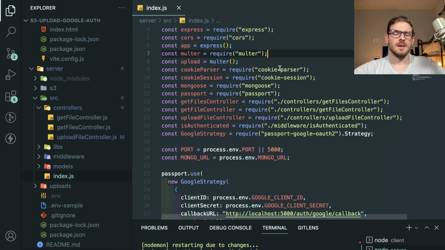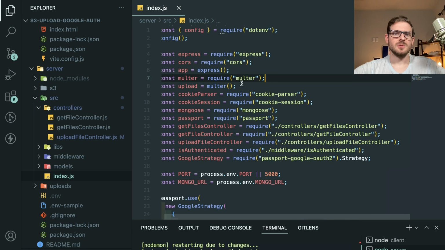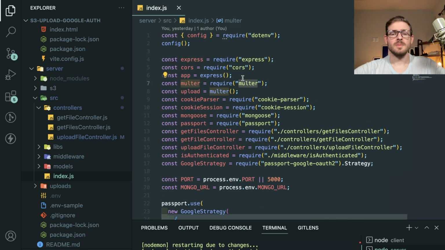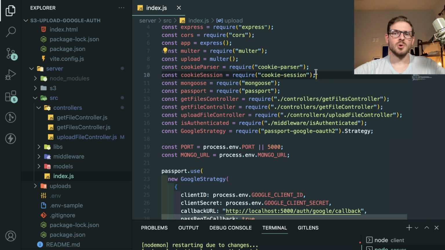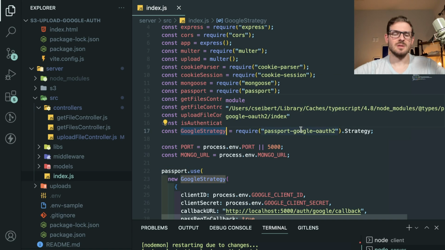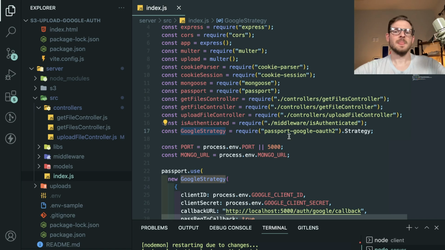I think most of this stuff I just found online and just kind of copied in to get it working. But basically, I had to use Multer so that you can do the multi-part upload and take in the file. And we'll see that in a second down below where I register my routes. Cookie parser and cookie session, you need these to have your Express app parse the cookie and set up your Passport session. And then I import Passport, and then I also set up a Google strategy because specifically the take-home